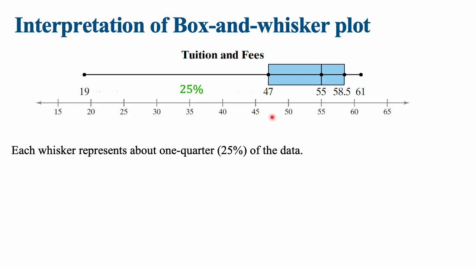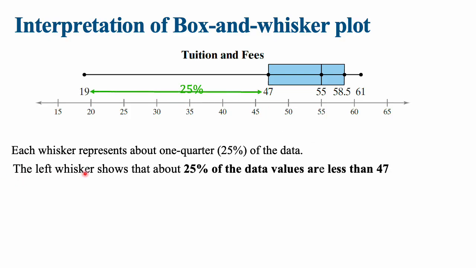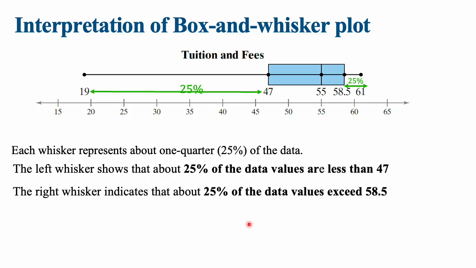You have to remember that. That's the 25 I talk about. The left whisker shows about 25% of data values are less than 47. Do you understand that? The next one is here. That's 25 also. What are you going to say then? That's the 25. The right whisker indicates about 25% of data values are greater than